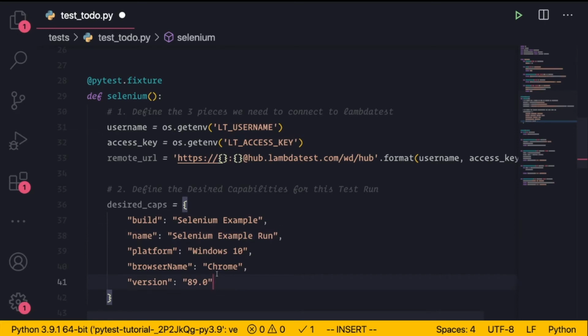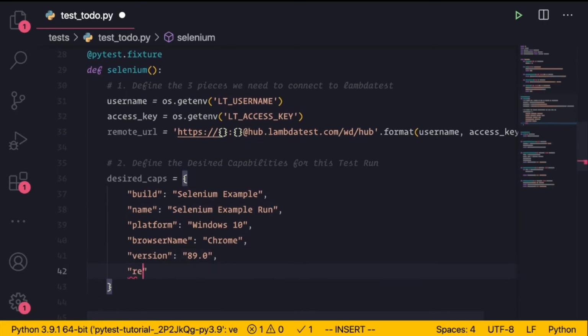Now you may have some other stuff as well. Like for example, you may have resolution, which we had at 1024 by 768. But notice how you can change these as you need. And then we're going to get this desired_caps. And for step 3,